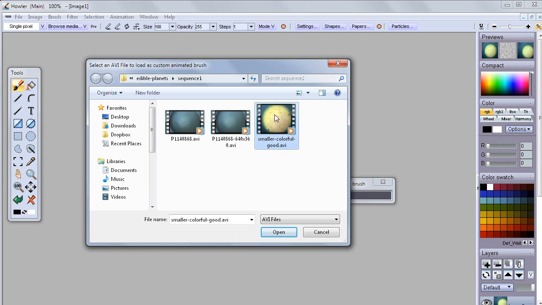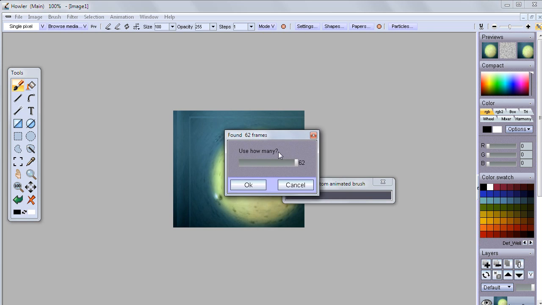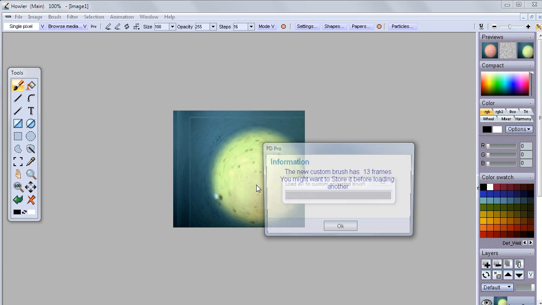You can, for instance, if you have prepared a smaller version of the AVI that's properly cropped and has the frame count you want, go and load that. In fact, it tells you here at the beginning how many frames you're going to get to choose from. And then actually you don't have to load them all. You can load just a portion of that. Let's say the first 2 frames, or let's say you want to do a test of about 13 frames,